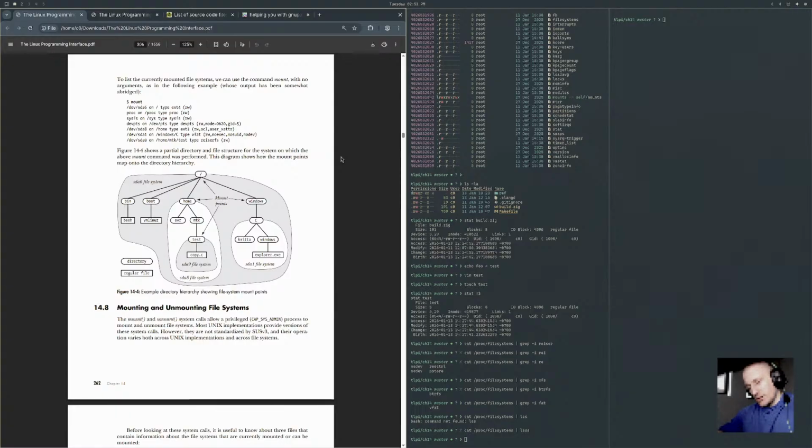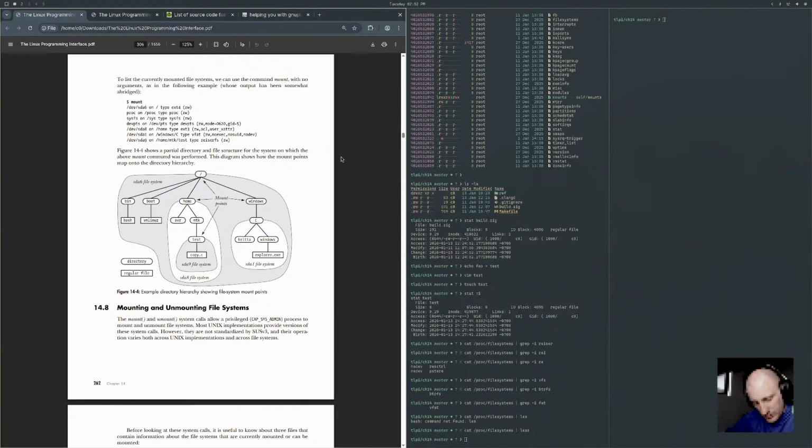To list the current mounted file systems, we can use the mount command with no arguments, as in the following example, whose output has been somewhat abridged. Figure 14.4 shows a partial directory and file structure for the system on which the above mount command was performed. This diagram shows how the mount points map onto the directory hierarchy.